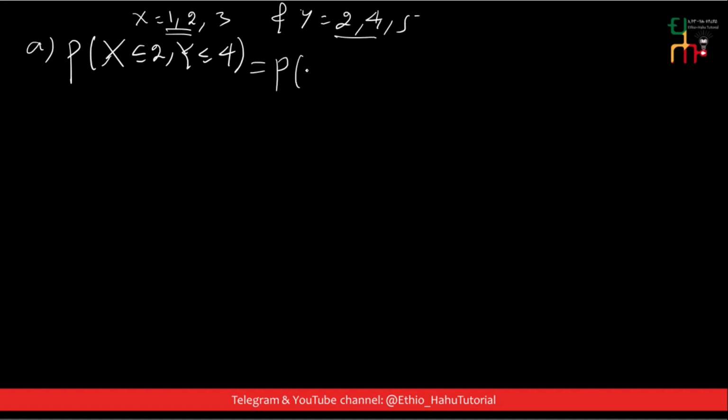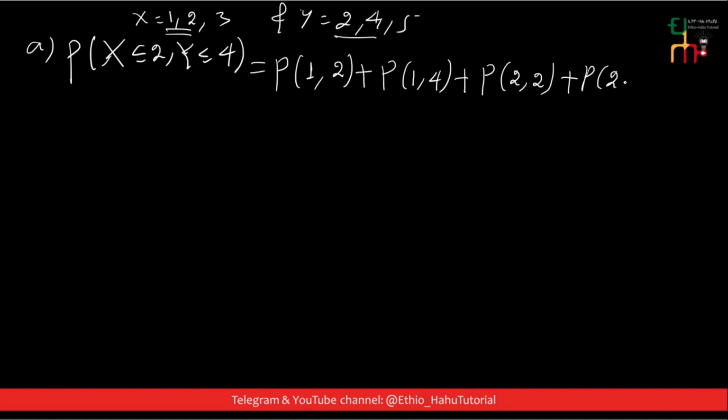ስለዚህ this is equal to probability of x is equal to 1, y is equal to 2 plus x1 y4 ማድረግ እንችላለን። Probability of 1 2 plus probability of 1 4 ማለት ነው። እንደገና ደግሞ probability of 2, 2 plus probability of 2, 4 እንዲህ ማድረግ ይችላል። ይሄ ምንድነው? ሁሉ ጊዜ ይሄኛው x ማለት less than or equal to 2 ነው። y ደግሞ 4 እና ከ4 በታች ነው።